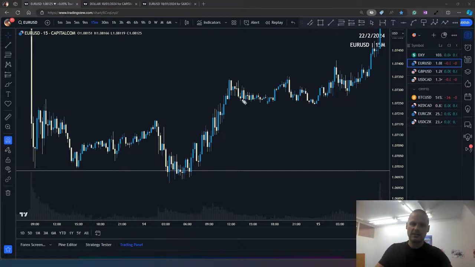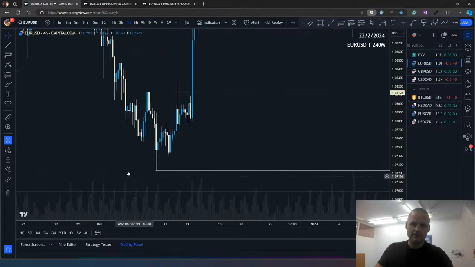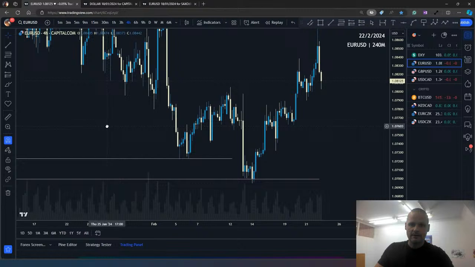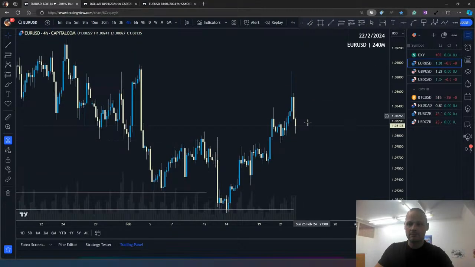I actually had this trade. Unfortunately, I wasn't able to hold it. It would be nice to hold it from here to here, the half lot, it would be a couple thousands maybe, but I didn't hold it in here. I actually closed that day in here. But then you have another opportunity in here.